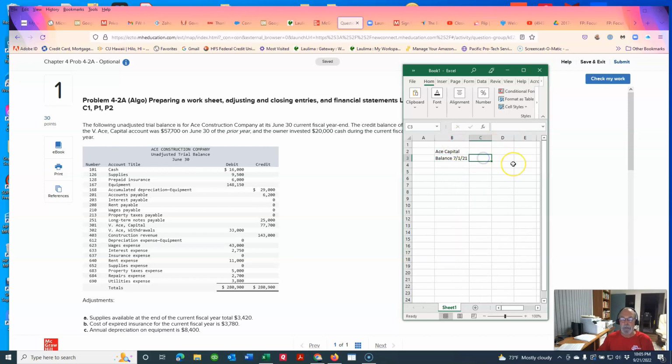And that balance was $57,700. And when we analyze our owner's capital account, the components of the capital account, the different amounts that generally comprise an owner's capital account are the following. Of course, we have the beginning balance, and then we would generally add to